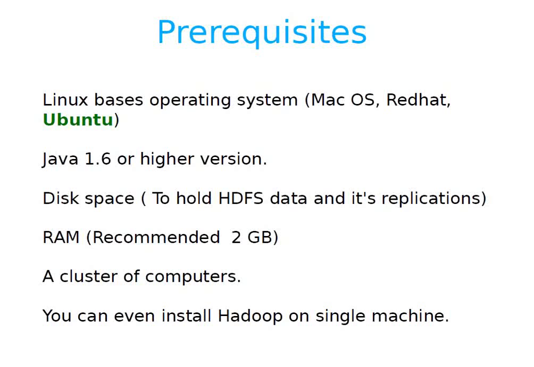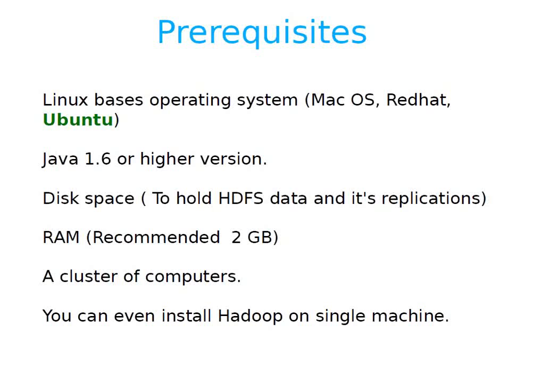In case you don't have any of these operating systems, Ubuntu is the best option, and that's why I have highlighted Ubuntu in green. So let me tell you why Ubuntu is the best. First of all, it is open source, free of cost, available over the internet. Second, you don't need a bootable disk to install Ubuntu. With the help of the internet only, and within 10 minutes, we can install Ubuntu on our system, and moreover, it will be installed as a dual boot.